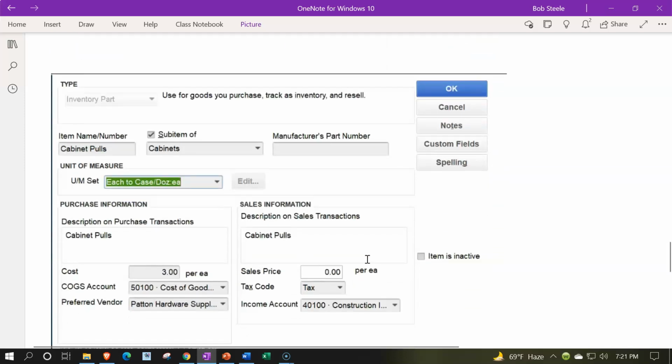Then we have an inventory part. This is one that's going to be more complex because it has inventory we're going to be tracking within the system. So now you've got the part, the inventory part, the name, primary components, the description down below, and you have a cost, the amount we purchase it for, and the amount that goes to cost of goods sold when we expense it, the account of cost of goods sold used when we sell the inventory part on a perpetual inventory method,